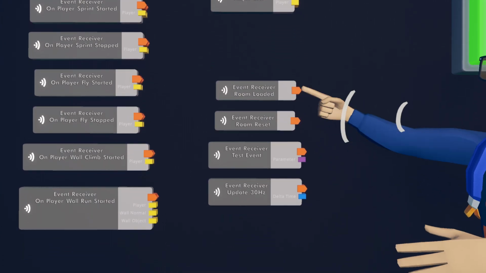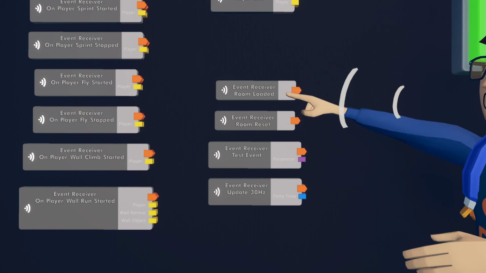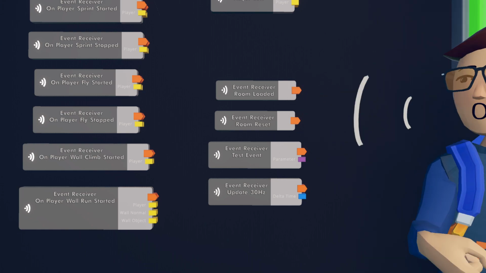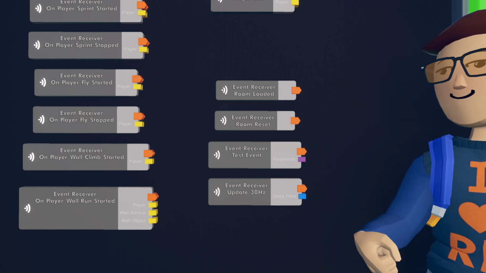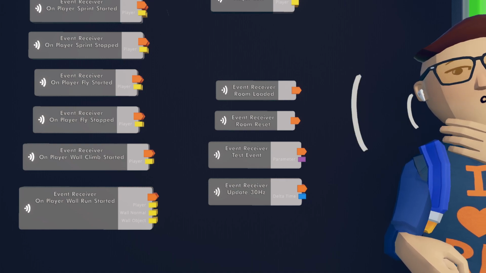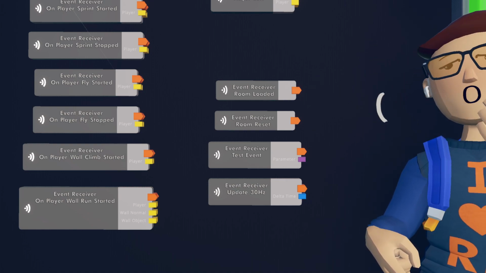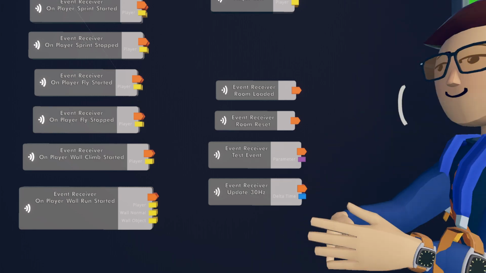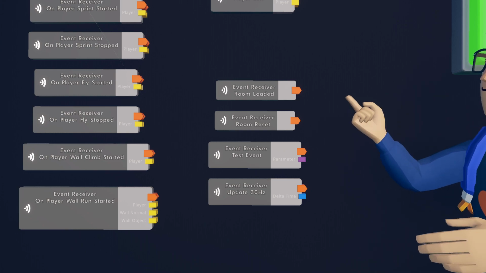Down here, these are also extremely useful chips. Room loaded. This runs once per room. As soon as you enter the room, it'll just run for the authority player, because if you think about loading up a room, it gets created as soon as the first person enters. So only one player is in it, and they're guaranteed to be authority. Authority is something we'll get to in networking tomorrow. Not too important right now.